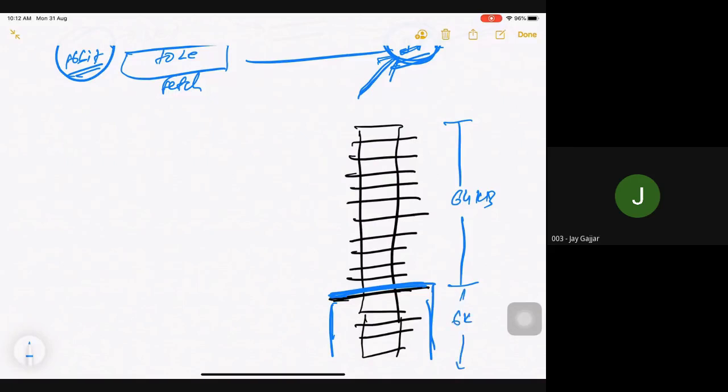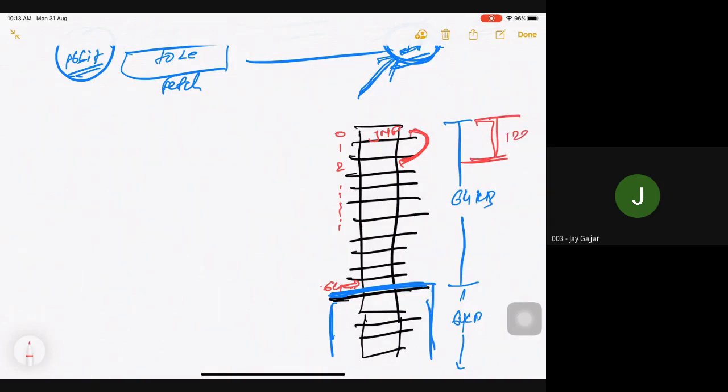Now suppose this is my location 0, 1, 2, and so on up to 64 KB. Here is my jump instruction, and if I am jumping here, this is less than 128, the same segment.